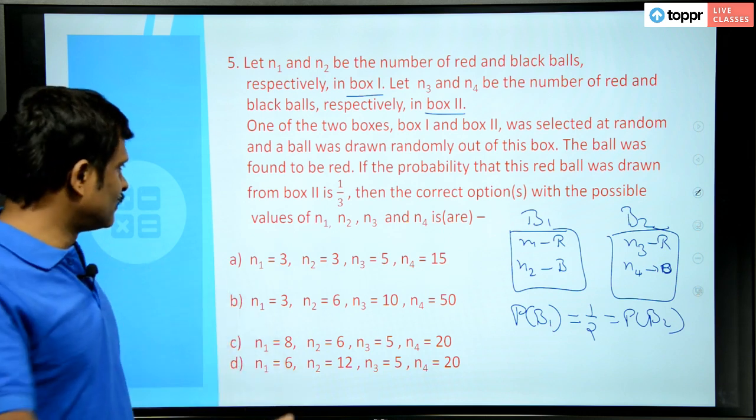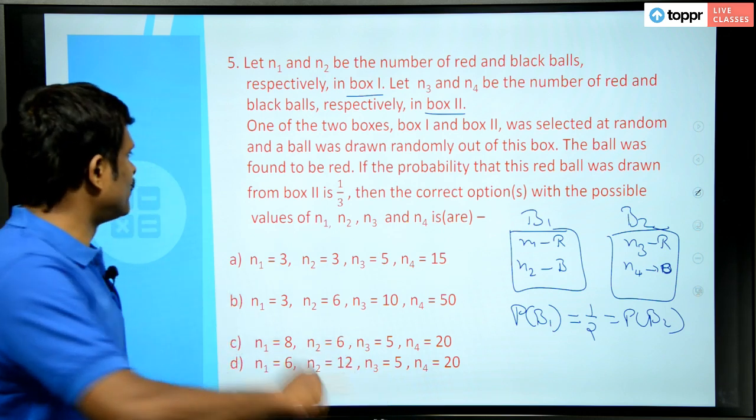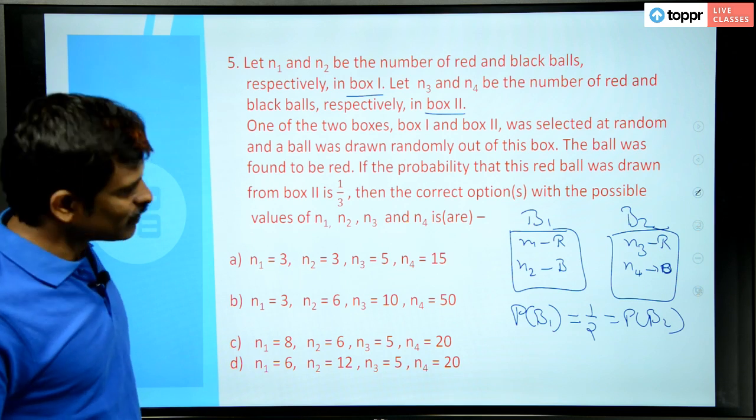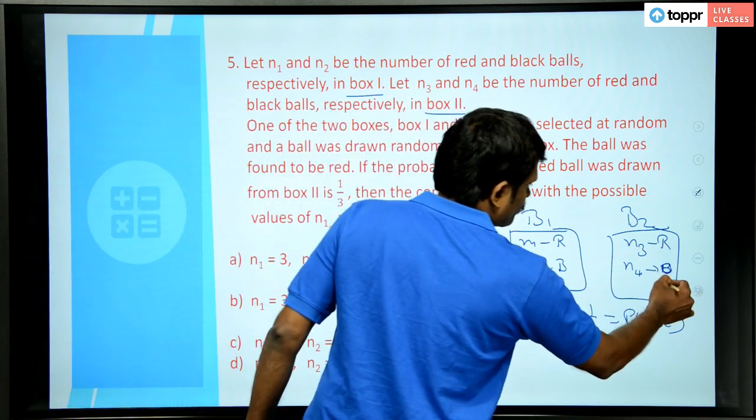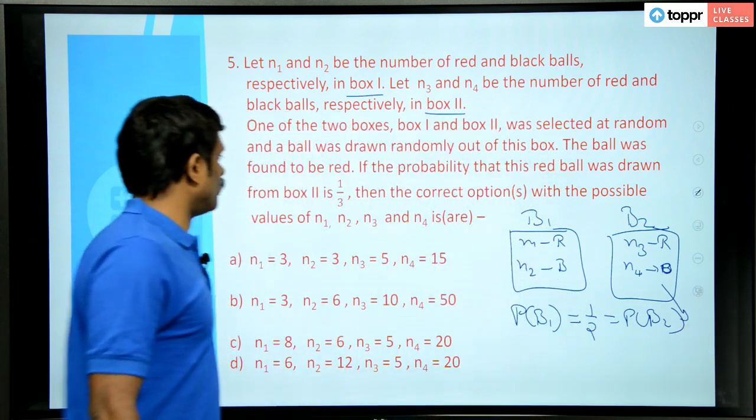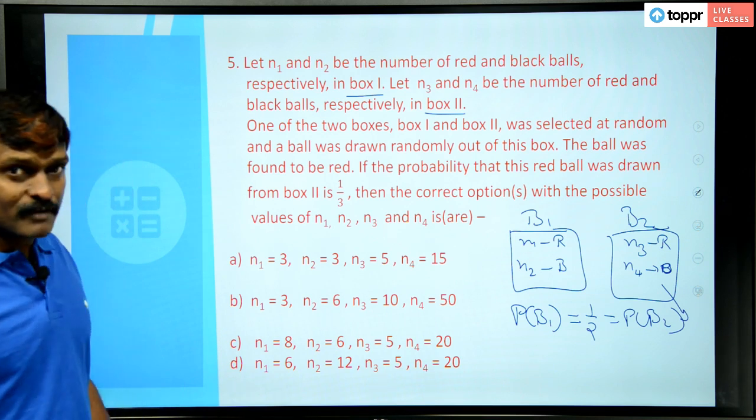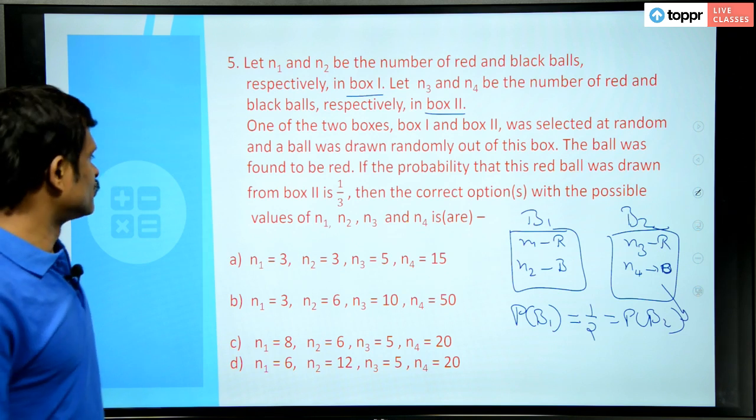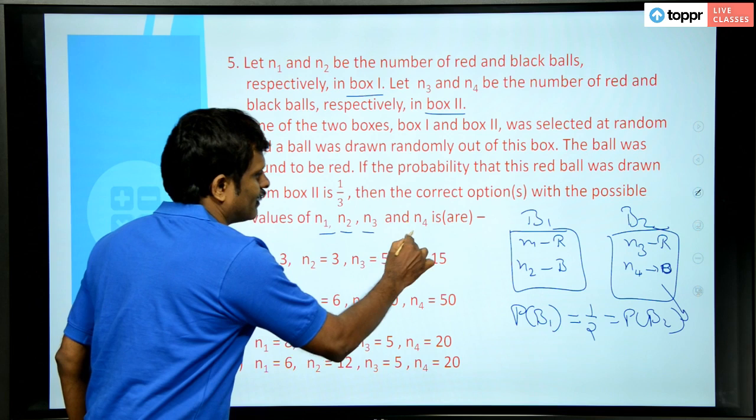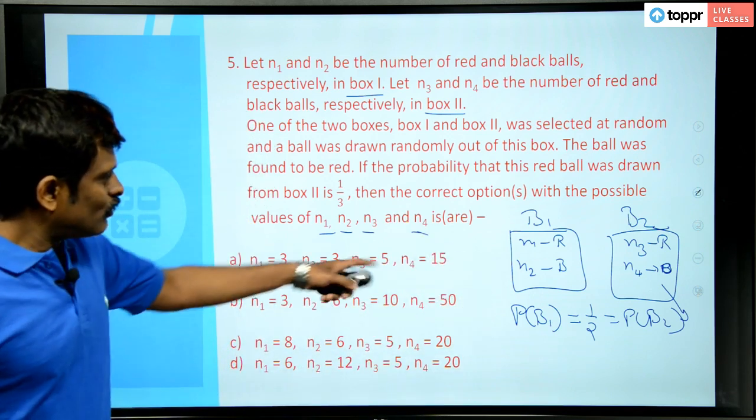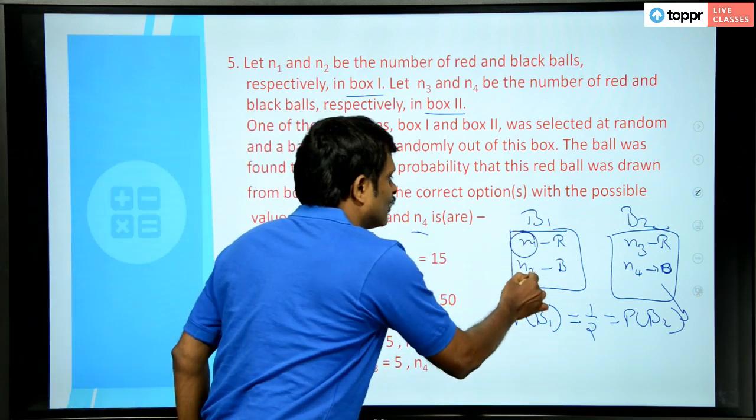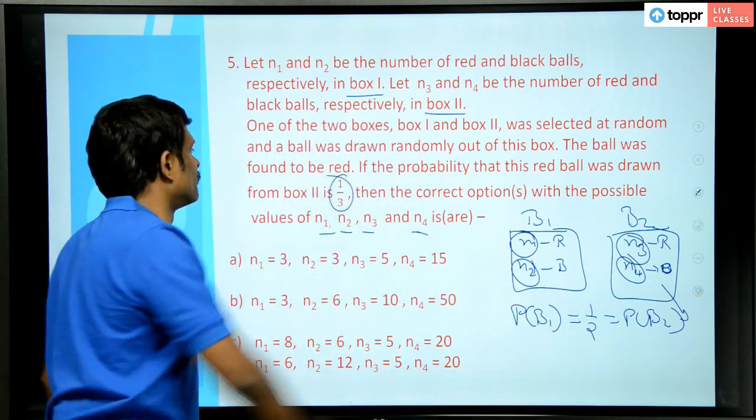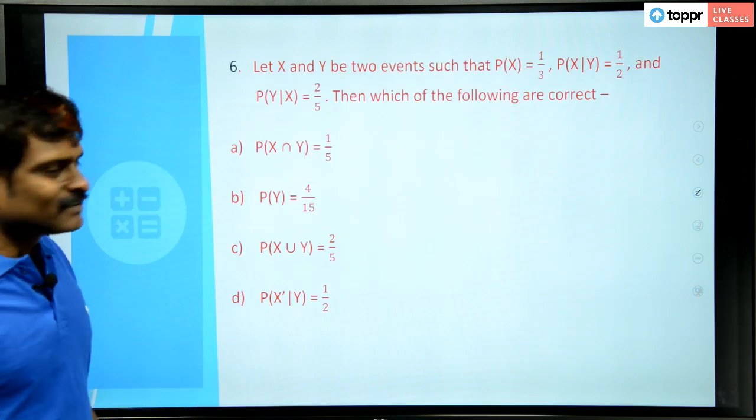When they selected one box randomly and picked a ball out, it is found to be red. The probability that the red ball was drawn from box 2 is 1 by 3. So, the probability of a red ball from box 2 is 1 by 3, then the correct options with the possible values of n1, n2, n3 and n4 are. So, he is asking to find these values n1, n2, n3, n4. He gave only one thing: 1 by 3 is the probability